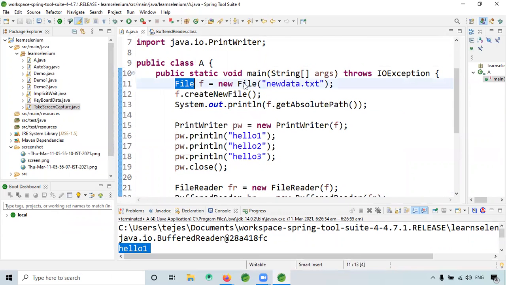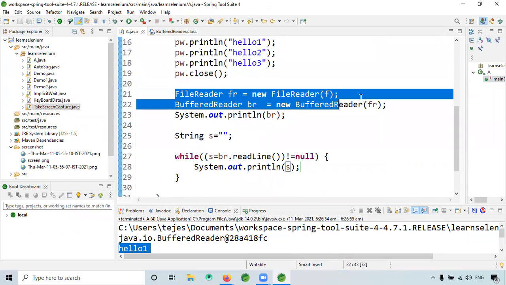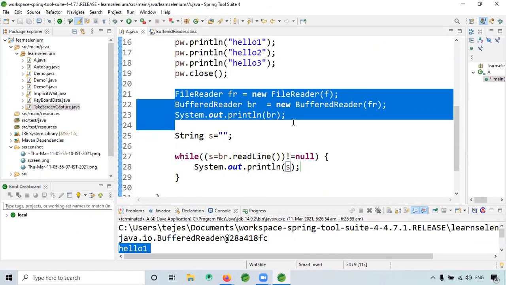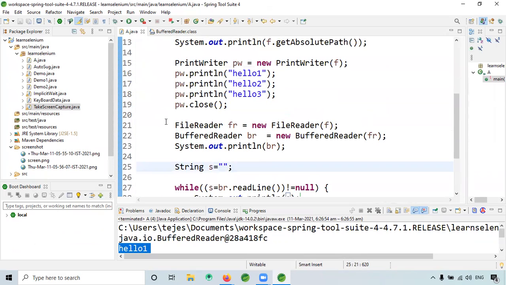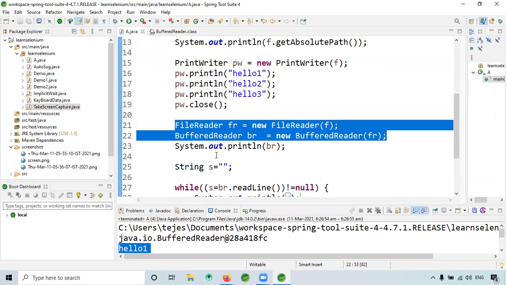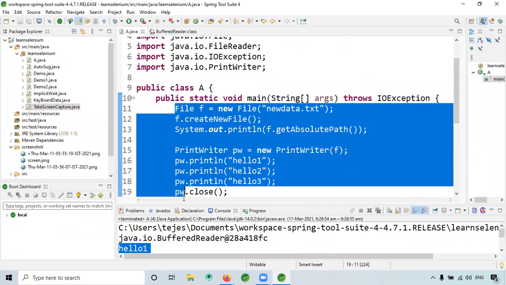We have to use the read line method to read each line from a file. But under Selenium Excel, different methods will come. This is in core Java methods, that's all. If we wanted to read the file in C, it is different, right? Here it is file reader. So here in core Java it is different.